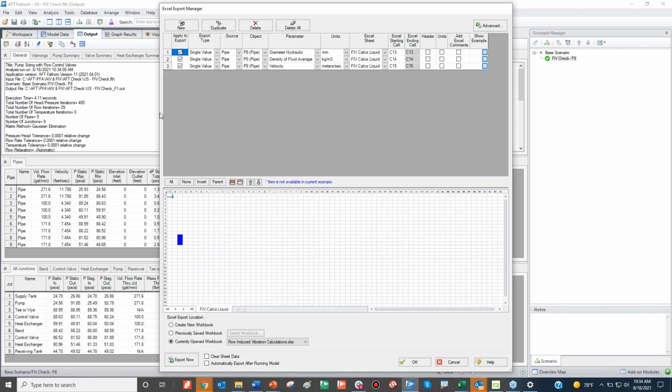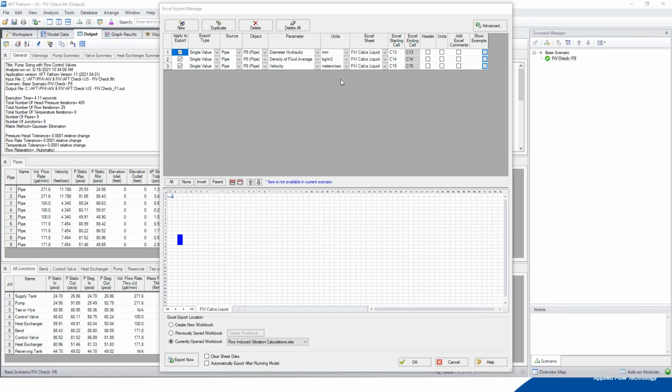So now we've created 3 lines to export the information required by the spreadsheet from AFT.